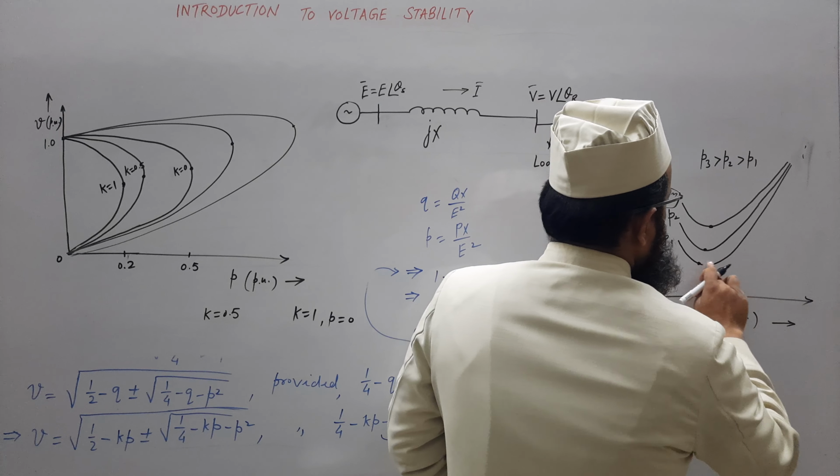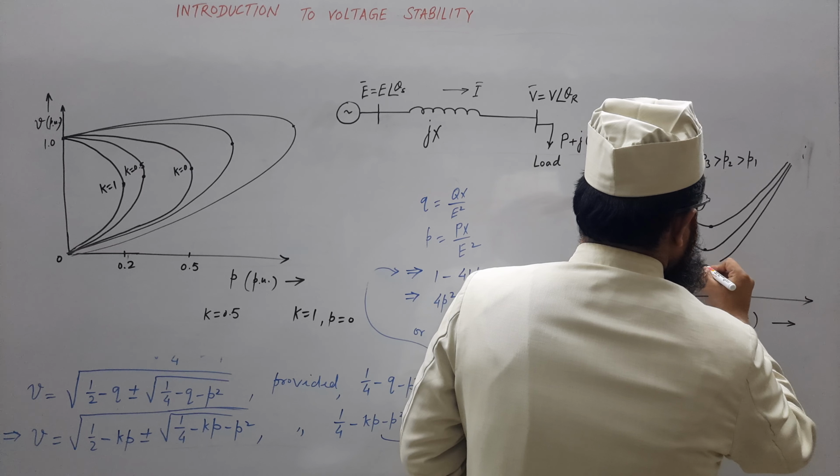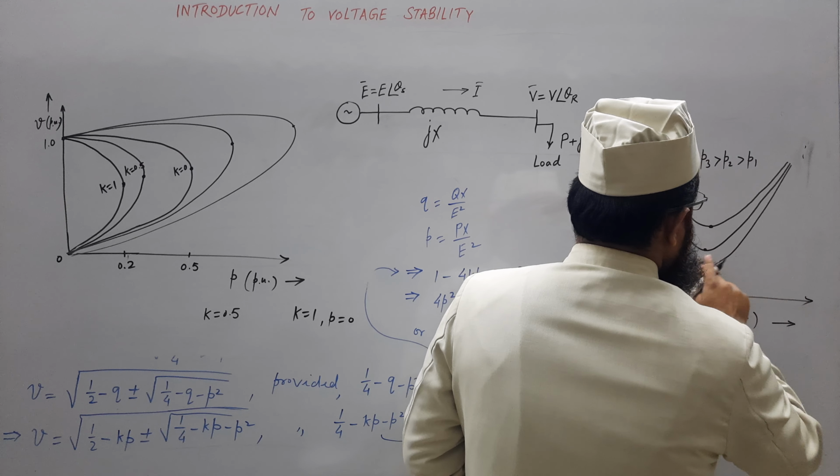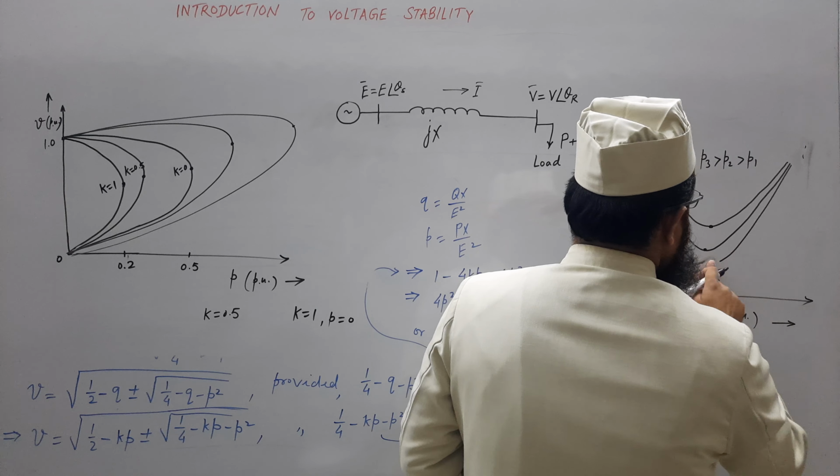So what is the significance? This is the bottom point, though not looking like that. Fine, bottom point. So what is the difference between this half region before this knee point and after this knee point? You may observe. After the knee point, slope is positive, tangent is positive. Before the knee point, slope is negative.